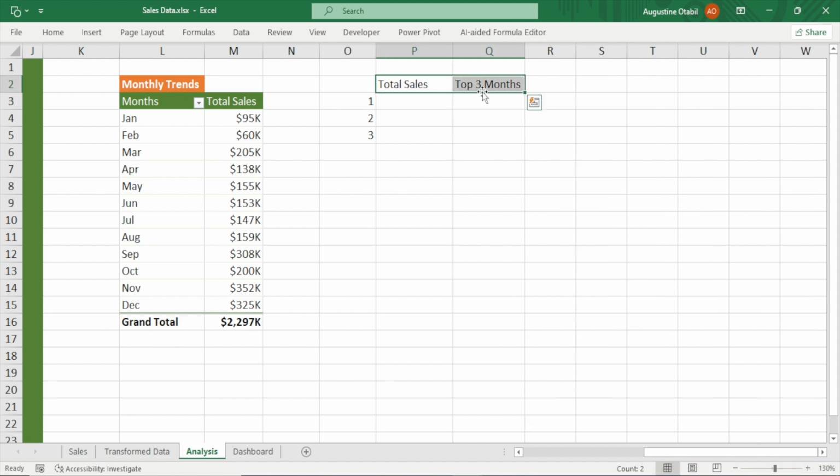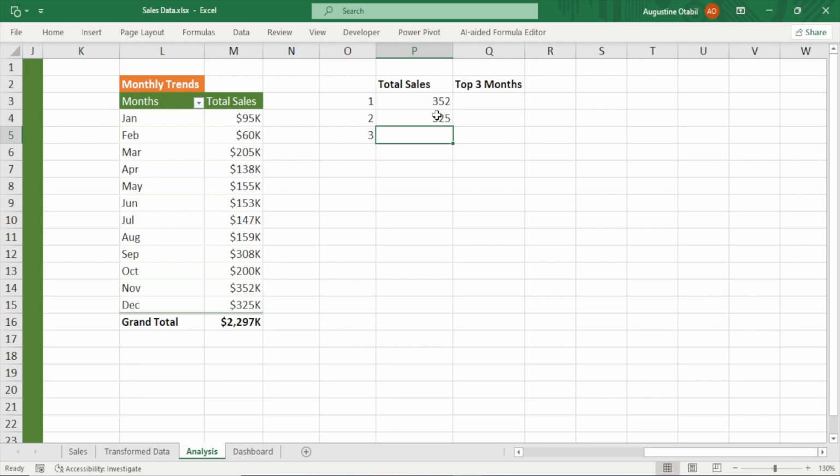Let's select everything. Let's bold it. Perfect. Now, follow me closely, right? Follow me closely. So what I'm going to say is that instead of just looking through the data and saying, okay, this is the top first highest number, and then just typing 352, and then coming here, okay, what is the second highest number? This one is the second highest number. Then I'll type here